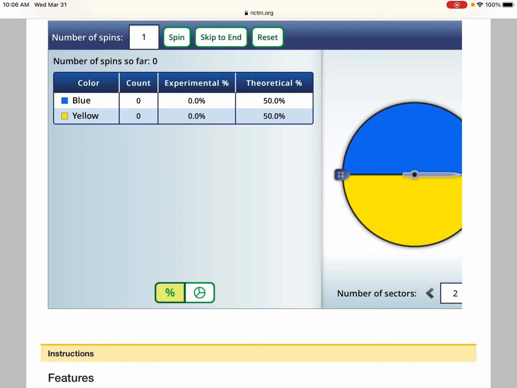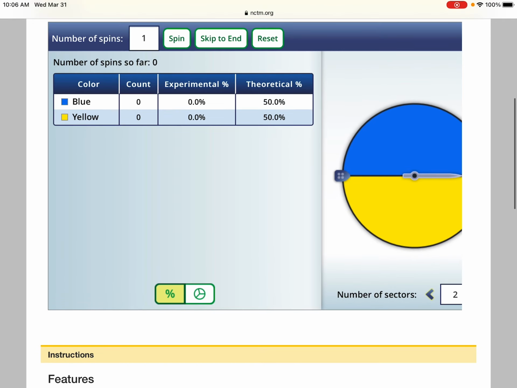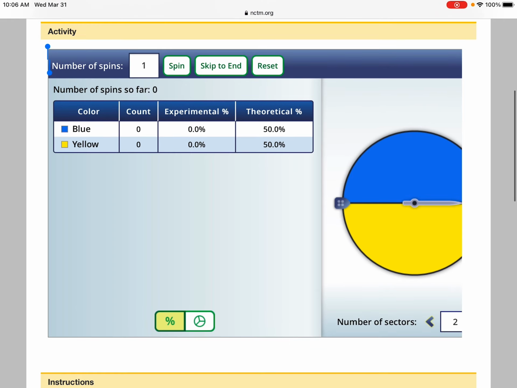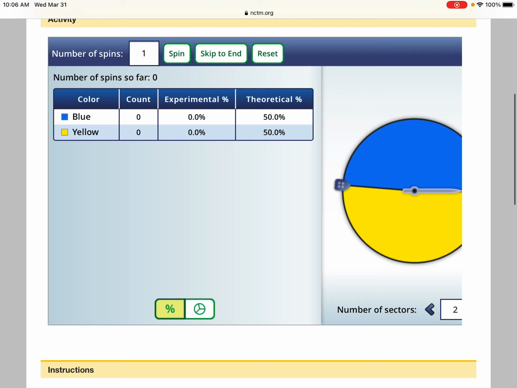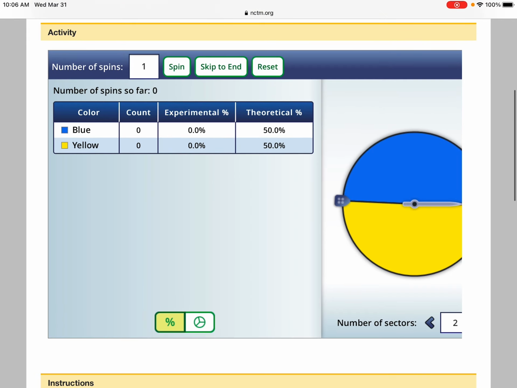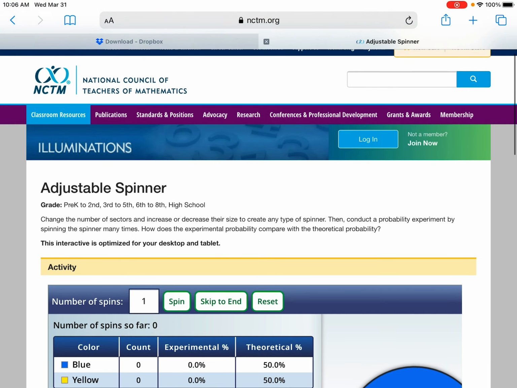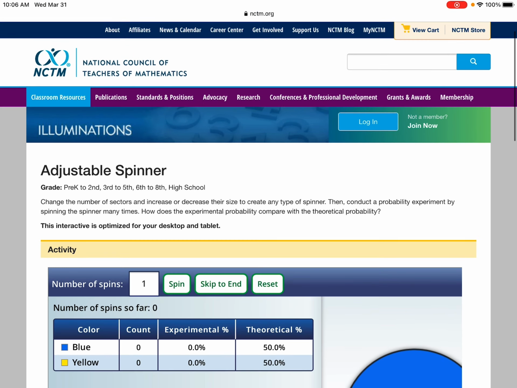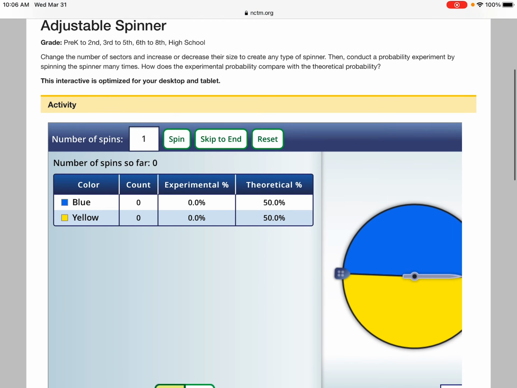And then the other thing I want to do, we'll see how this actually goes. Shoot, I can't adjust the, oh, I can. It moved a little bit. I don't know how to make this move. Okay. There's a little adjuster on the spinner. It was very easy on my computer, but it's just not responding super well. This interactive is optimized for your tablet. That's a lie. Look at this.